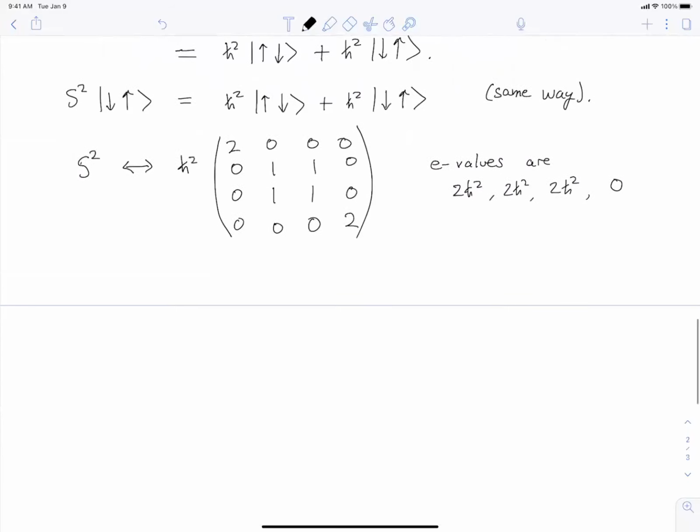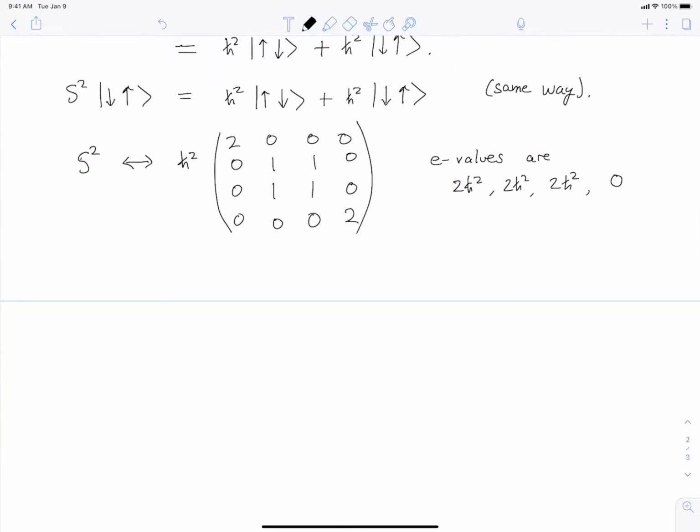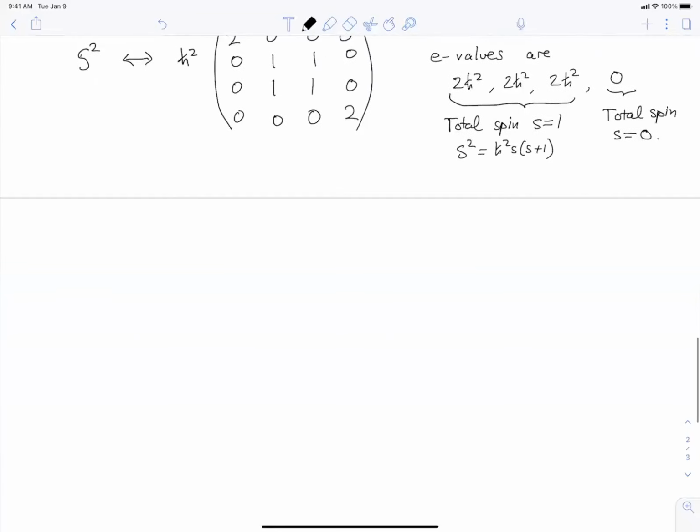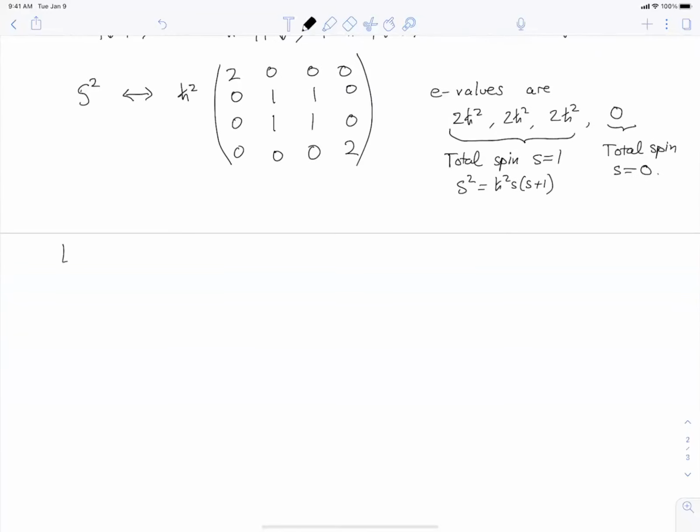Okay, and we recognize that these are the possible values of S squared. And so this is total spin S equals 1 because S squared is h bar squared S times S plus 1. Okay, and this is total spin S equals 0. Okay, and then the corresponding eigenvectors for these are,